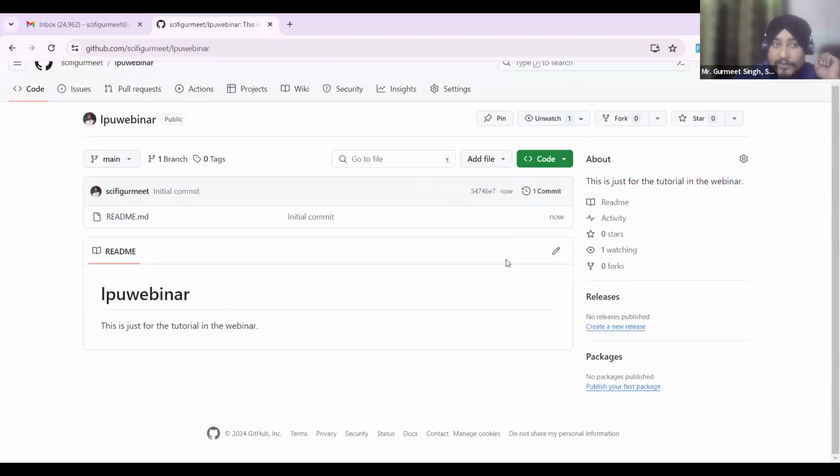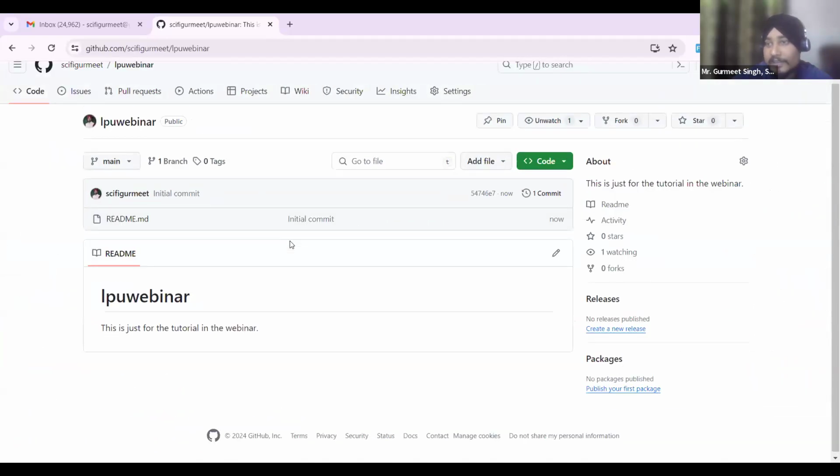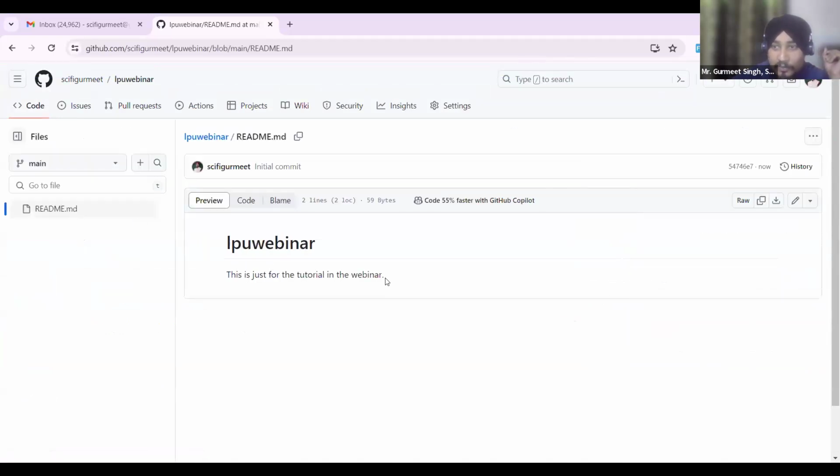So here we are. Here you see, this is our repo. All the files that are inside it will appear here. Currently, there is only one file, readme.md. MD stands for markdown. Okay. So if I open it, it's just one line written over here. So what I will do over here is,